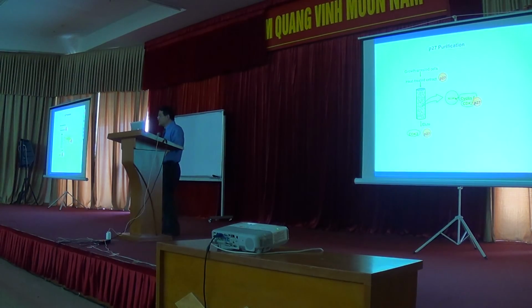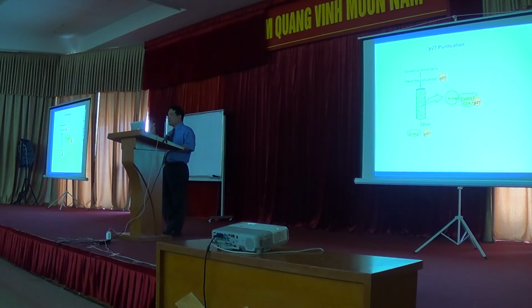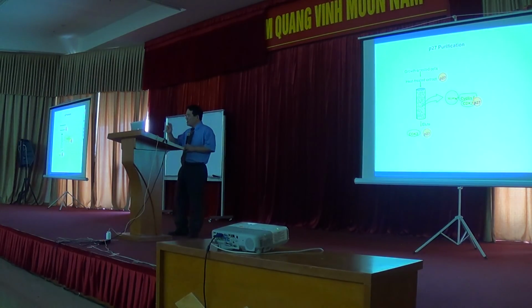So at that time we're using the so-called affinity column purification. Cyclin CDK was built up for affinity column purification. Basically, we hook up the cyclin E with the so-called histidine column. And then incubate with the nickel beads. The histidine is known to bind to these nickel beads, so they will form an affinity column. And we pass through the cell lysate through these affinity columns. The molecule will be bind to this affinity column.